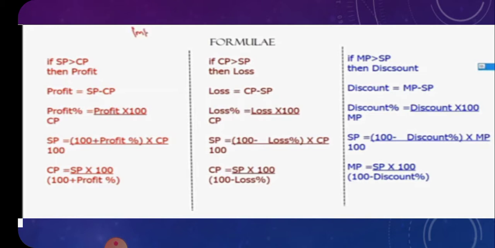So from these formulas we will solve many problems related to profit and loss. Students, in the NCERT book there are many questions given, and we have to find the answers with these formulas. All of you have to remember the formulas and how to find the ratio, percentage, and profit and loss. These are all formula based. If you solve these with the formulas, you can find everything.